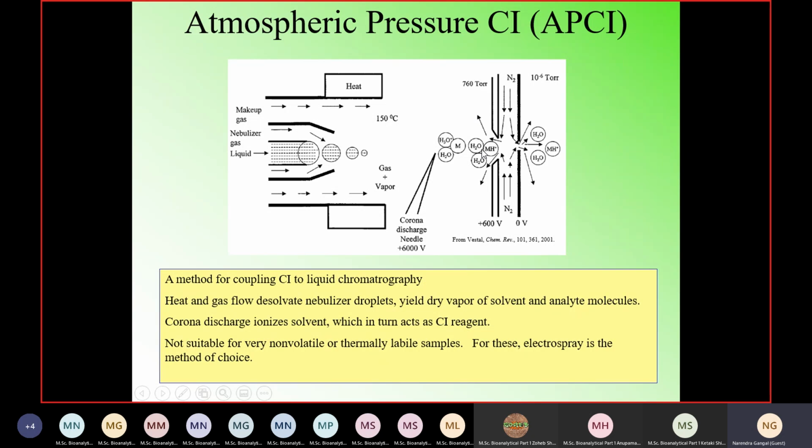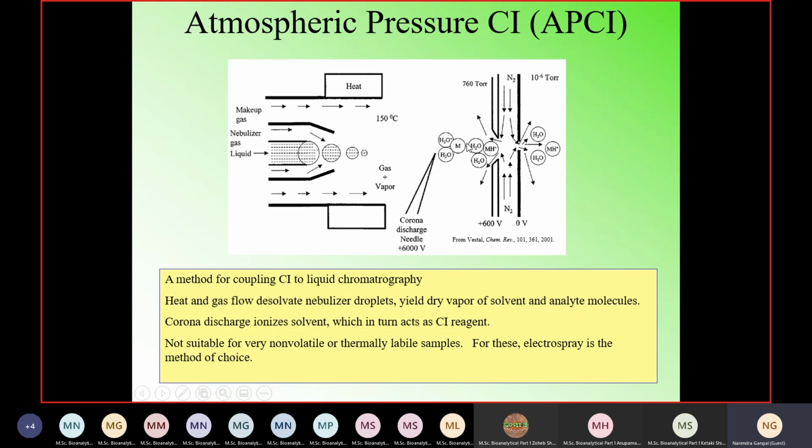My ions are formed through the corona, and there is an ion exit cone. Excess solvent is all flown out through the nitrogen. Nitrogen is continuously passing through, because they are the species which are not going to be... solvent molecules, once they interact with my compound of interest, get neutralized, they form normal neutral ions, they go out of the system, or otherwise also they are not going to be very stable, whereas the molecules which